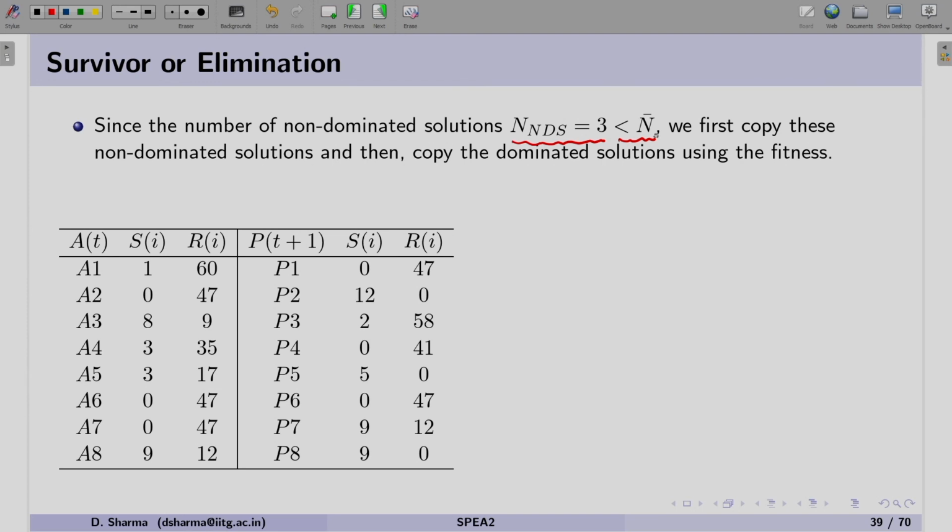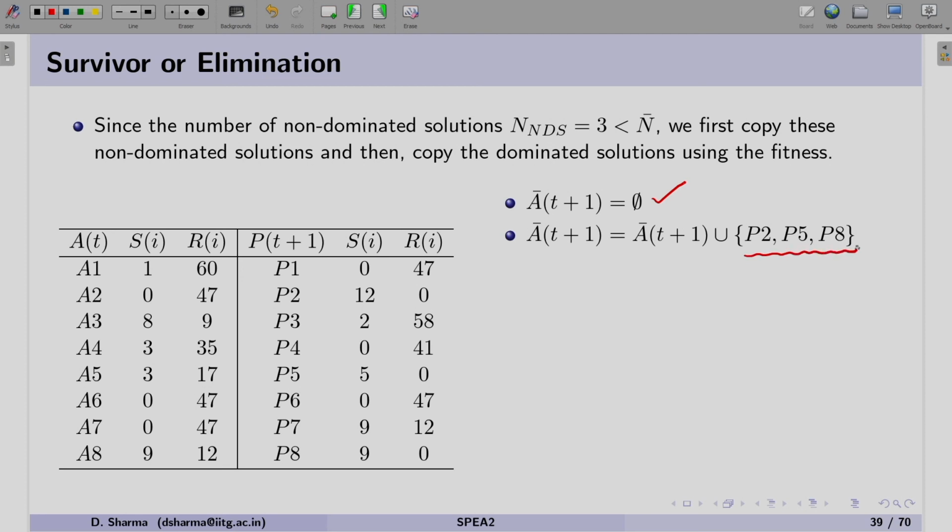So, the first step is to copy all these non-dominated solutions, and thereafter we are going to copy dominated solutions using the fitness. Initially the archive for the next generation is kept empty, and thereafter we copy the non-dominated solutions.